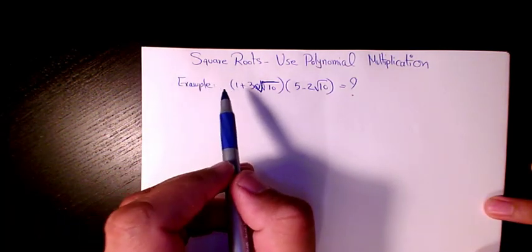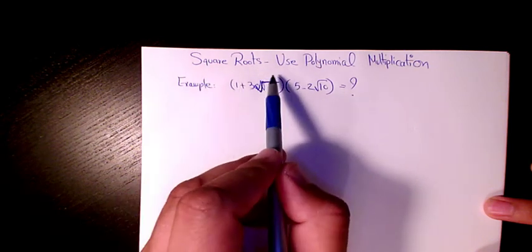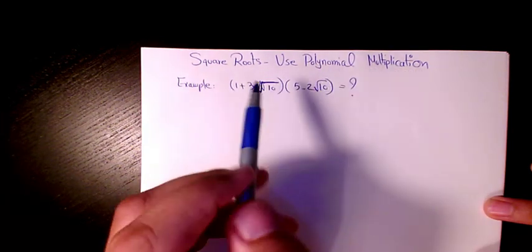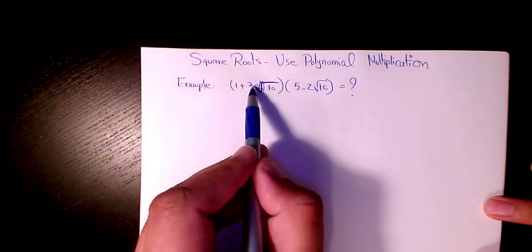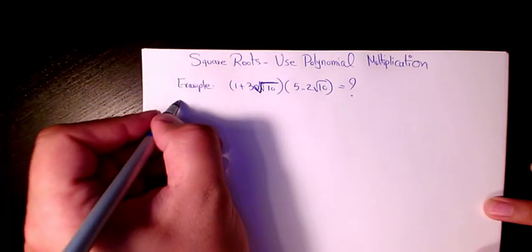In this video I want to show you how to solve these examples regarding using polynomial multiplication. The first one is 1 plus 3 root 10 times 5 minus 2 root 10. The answer is